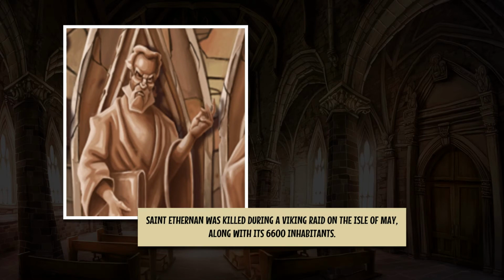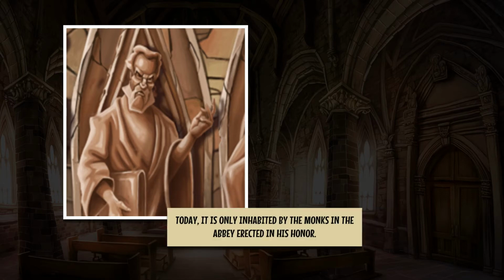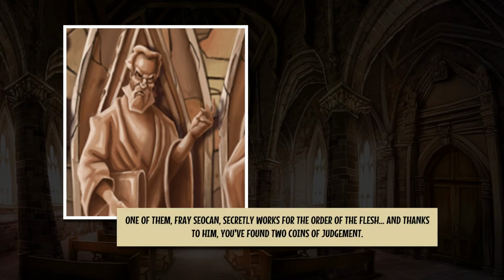Saint Athenan was killed during a Viking raid on the Isle of May, along with its 6,600 inhabitants. Today, it is only inhabited by the monks in the abbey erected in his honour. One of them, Frey Suican, secretly works for the Order of the Flesh, and thanks to him, you found 2